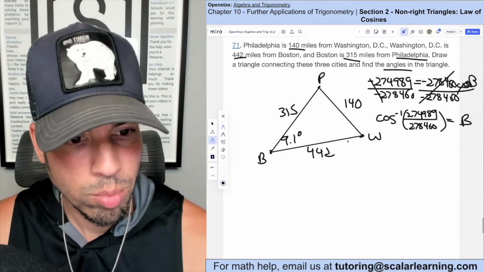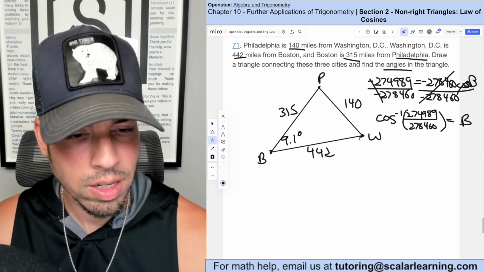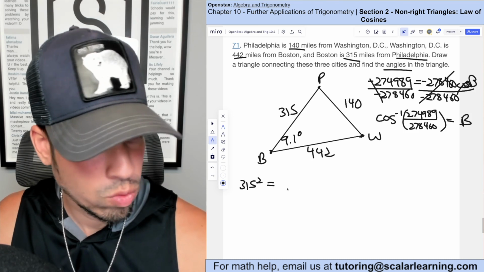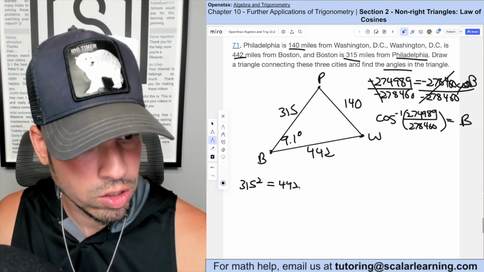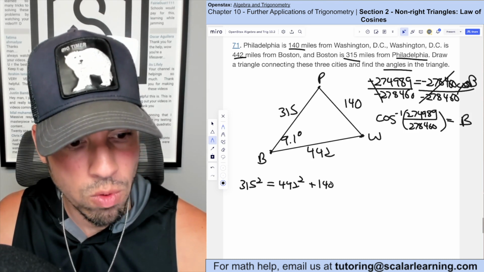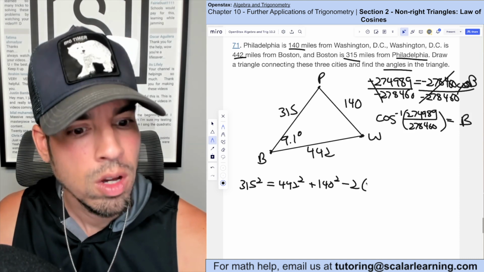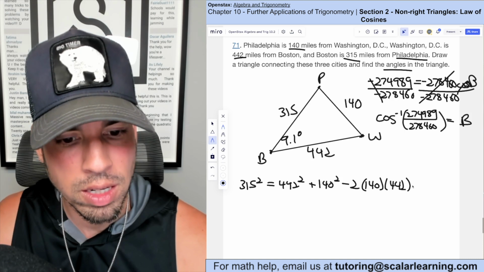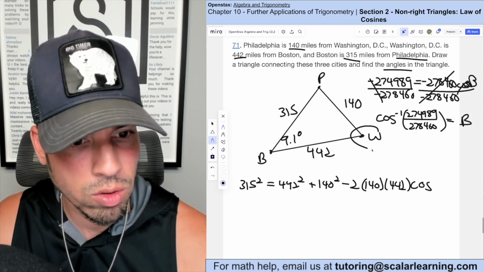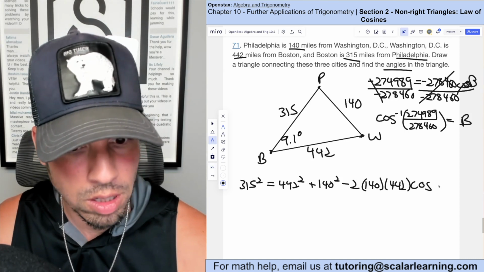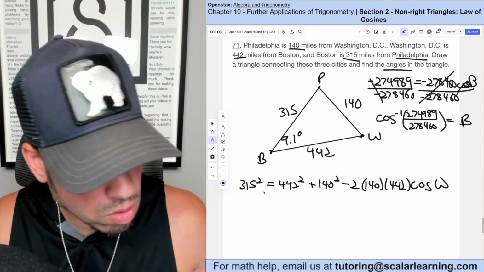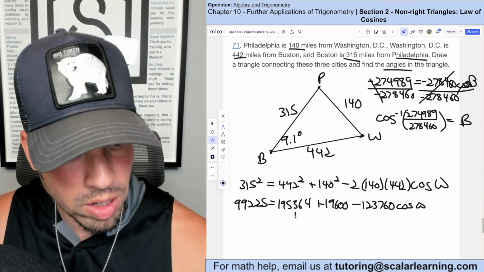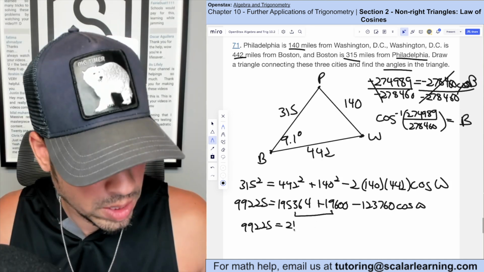So now that we got 9.1, I'm going to use law of cosines again to solve for angle w. So we got 315 squared equals 442 squared plus 140 squared minus 2 times 140 times 442, and then times cosine of the angle that's opposite this, which is w. Okay, now we're going to solve. And then once you square everything and multiply this out, these are the numbers that you get. So then let's add these together. And then we get